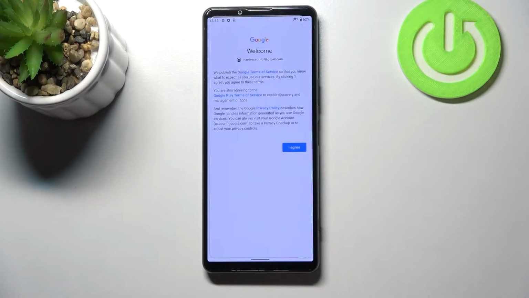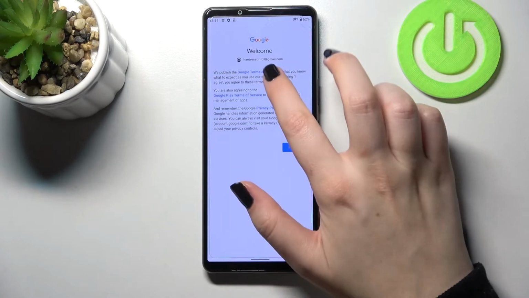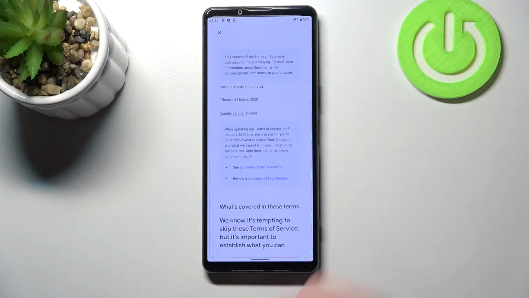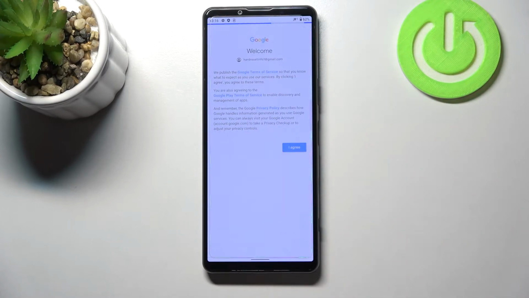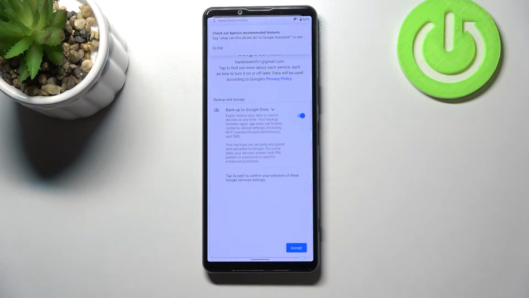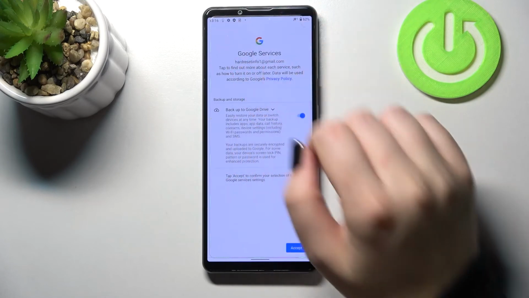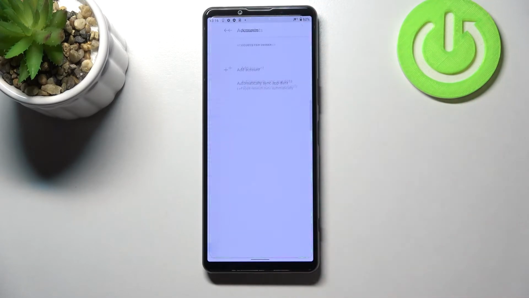Here we've got a Google Terms of Service and Privacy Policy, so of course you can read it, just tap on it, and here you've got all the info. So let's tap on I agree after reading. Here we've got the shortcut of backup and storage info, so simply tap on accept. And as you can see, our Google account simply appears on this list, which means that we just successfully added